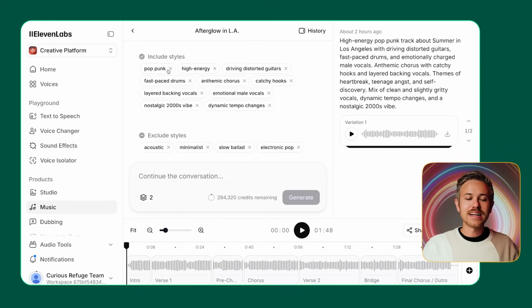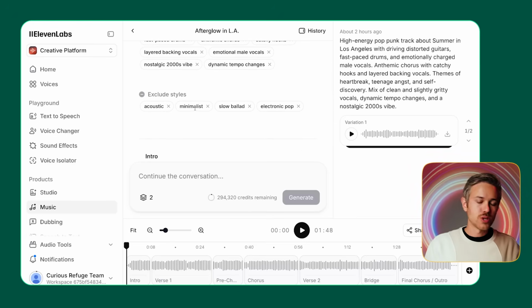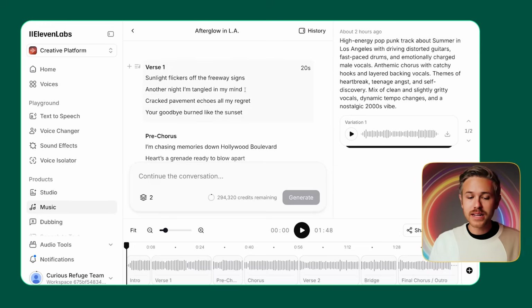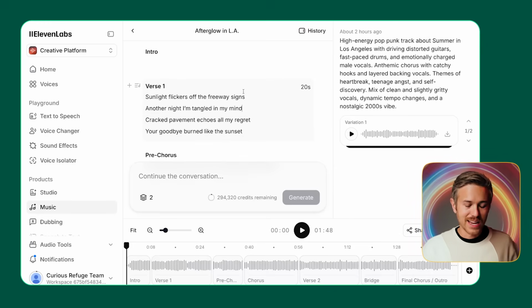You can also see it adds in some carrots here of different things that you're looking for, and it excludes certain styles that you don't want to see. It also generates the text automatically, but you do have the ability to go in and edit it,